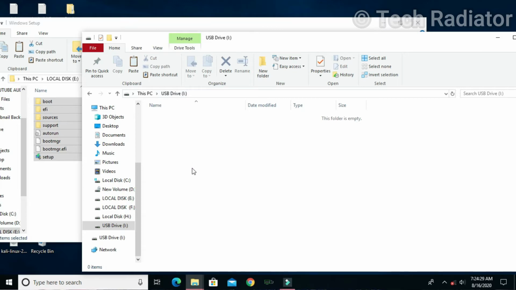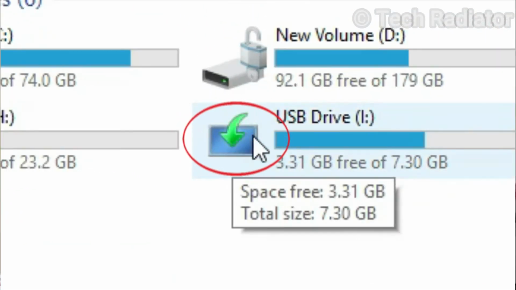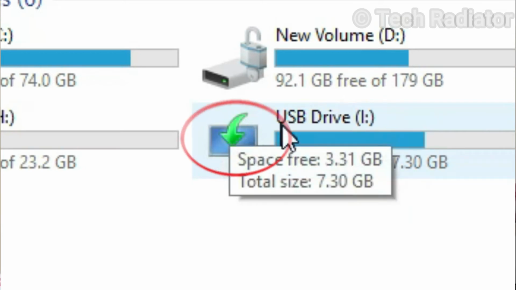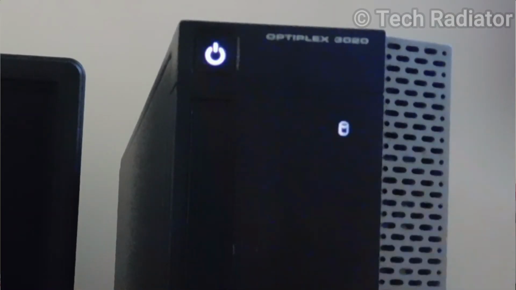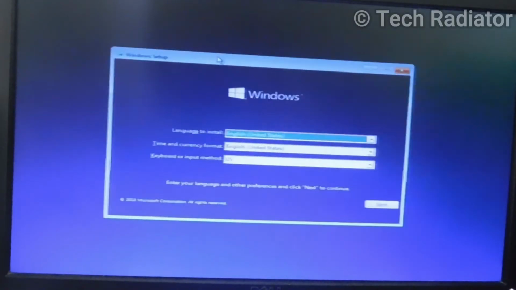When you paste all this on your pen drive, you need to eject your pen drive, and after that insert your pen drive again. You will be able to see a Windows sign, so you need to understand that now your pen drive is bootable. For installing Windows 10, you need to insert your pen drive and press the boot key of your device and select the pen drive in which Windows is installed, and then you will be able to see the installation wizard of Windows 10, and from there you can easily go and install Windows.